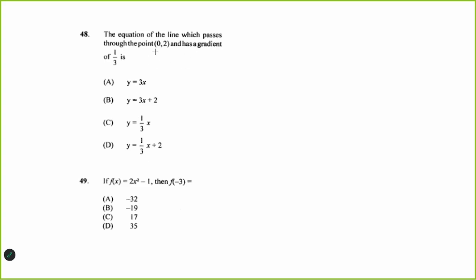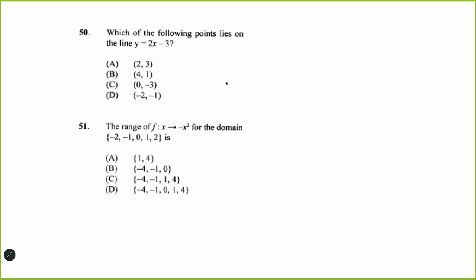This one here, if the gradient is a third and your y-intercept is 2, then y is equal to a third x plus 2, yeah. That is negative 3 squared. Negative 3 by negative 3 is 9. 9 2s are 18. 18 minus 1 is 17. This one here,